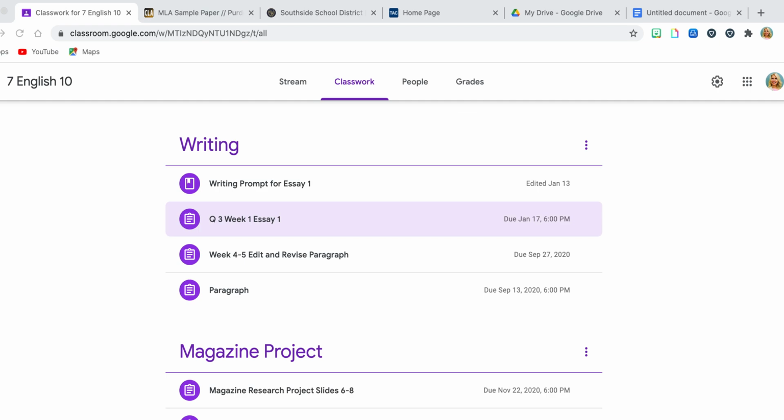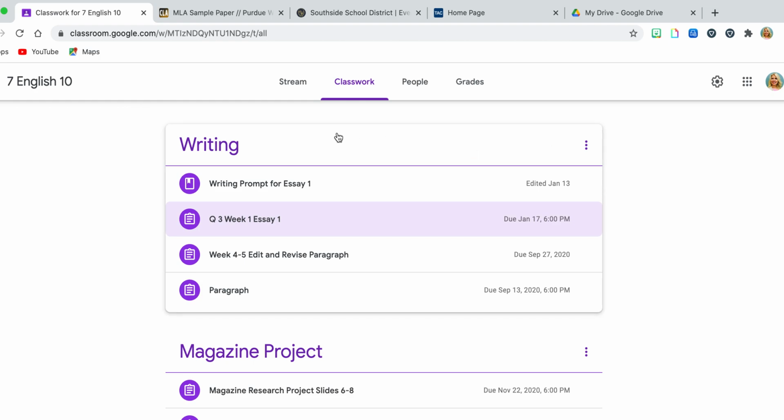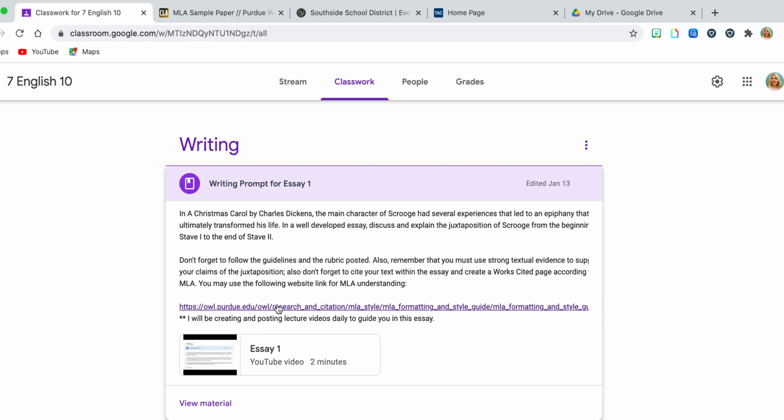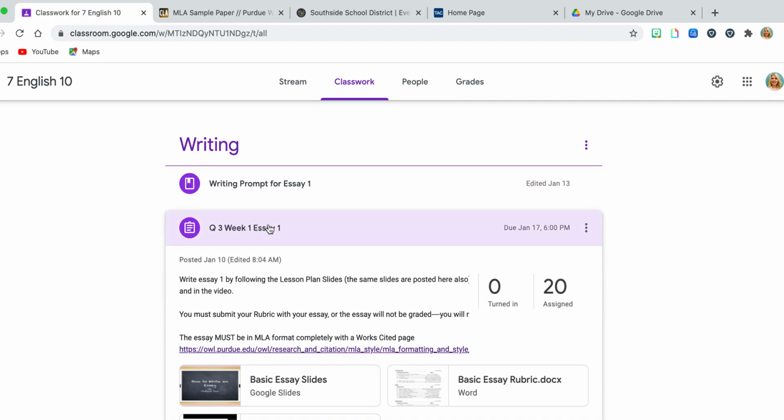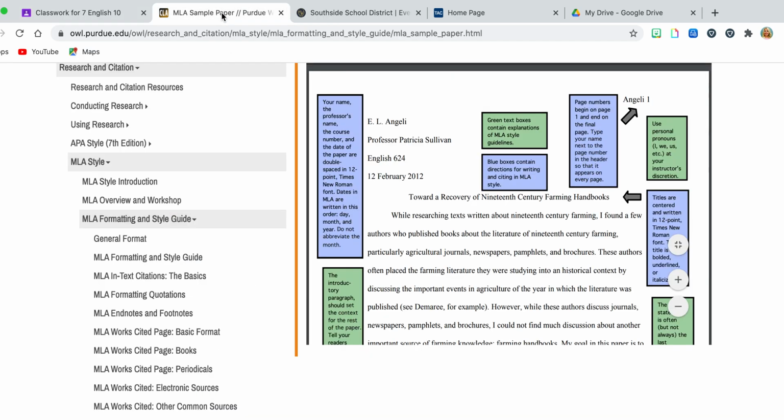Students, in this lecture video, I am going to show you how to set up your MLA formatted paper or document for your essay. The first thing I want you to notice is there is a link that is posted in both the writing prompt for Essay 1. There is a Purdue OWL link posted there. And the same link is posted in the Quarter 3, Week 1, Essay 1. The same link. So if you click on this link, it will take you directly